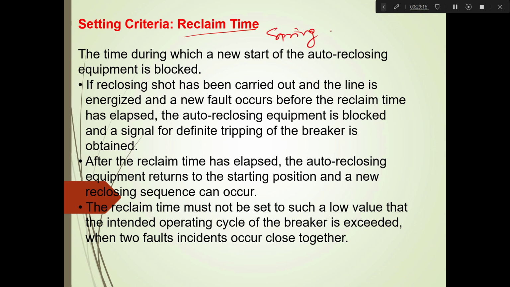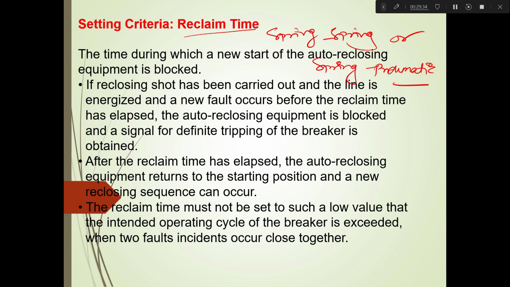or spring pneumatic circuit breaker. In case of any of these two circuit breakers, what we have generally is that you are having a mechanism. So once the breaker opens and then it closes after dead time,